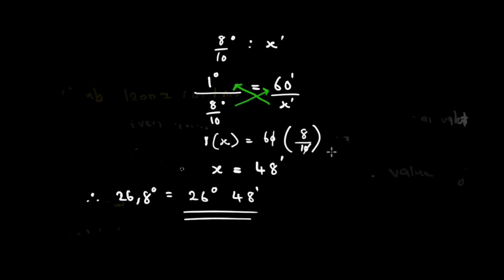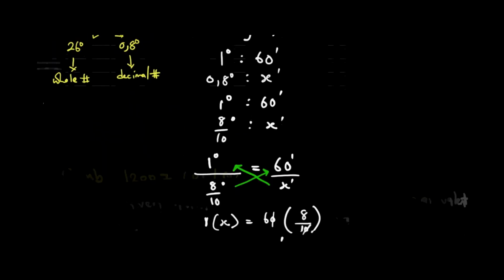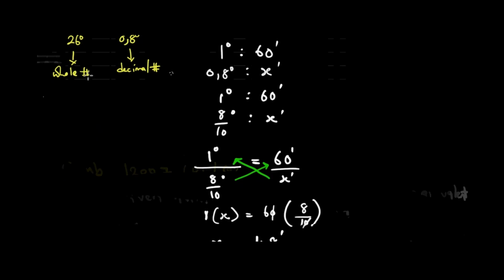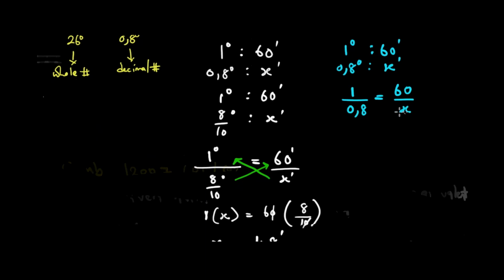We also have an option panapa. Tichibva this stage. Saka stage yakati 1 degree is equivalent to 60 minutes. What about 0.8 degrees is equivalent to X minutes? Tinogona kutongoinyora takati 1 over 0.8 is equal to 60 over X. Totoita futi cross multiplication yedu panapa. And kureva kuti tinenge tawana 1 multiplying X, it's equal to 60 multiplying 0.8.